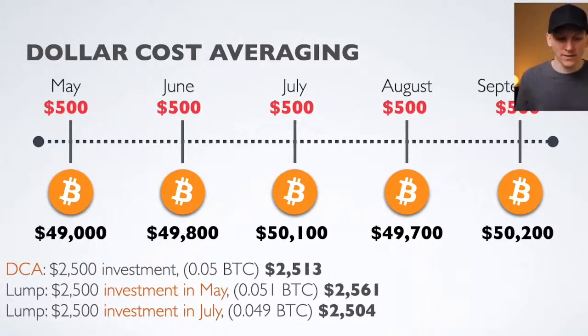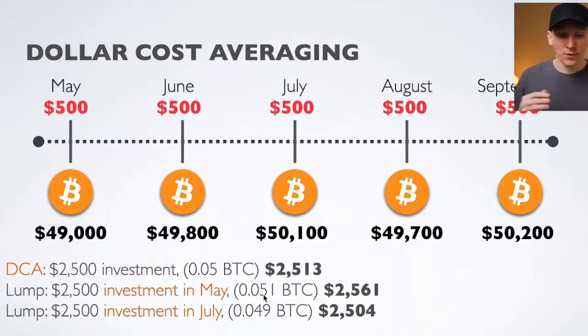If you would have just gone ahead though and invested in May, lump sum $2,500 in May, then you would have actually got a much better price because the price of Bitcoin has gone up. You would have actually bought 0.051. So you would have got slightly more Bitcoin in May because you were investing more money at the lower price. And so actually the lump sum would have made you more money by September. Lump sum's beaten out DCA in this occasion,